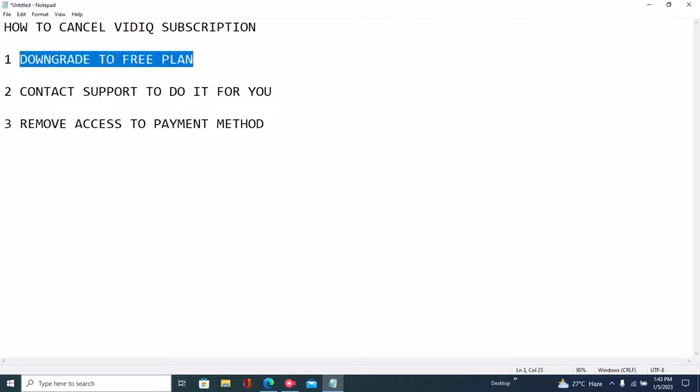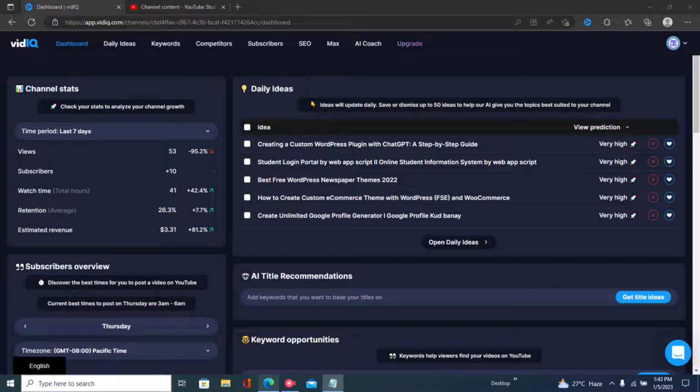The first method is to downgrade your channel to a free plan. Okay, obviously when you have a free plan you won't have to pay anymore. So how do you do that? The easiest method is to open your VidiQ dashboard, and once you do that, right here by the top right you can see a drop down menu. So just